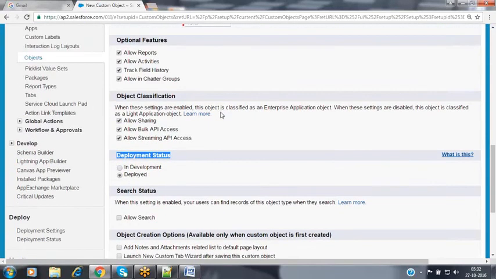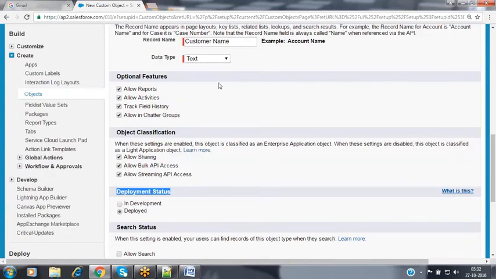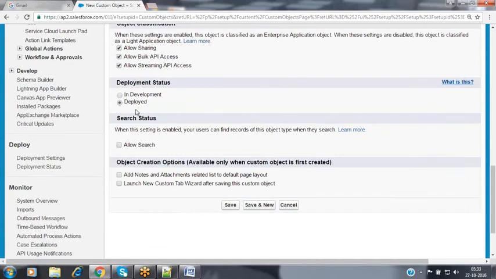Yeah, Firoz, there is a question. These optional features, can we set them only when we are creating the object, or can I create an object and come back later and modify these? Sure, at any point of time. Not only now, in future also. Once you have created an object, if you have been using it for a long time and want to enable it at a later stage, we can do that. The possibility is there. All right, thank you.